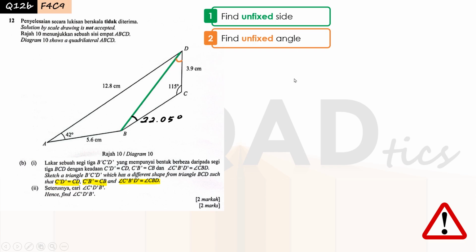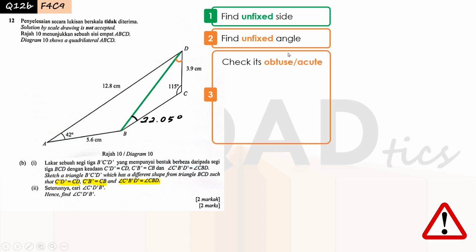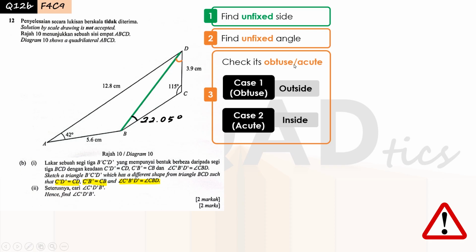And the third step is, from this unfixed angle, we need to check whether it is obtuse or acute, and based on the result here, figure out should we use outside or inside. Okay, so here obviously it is acute because we have already one obtuse angle here. Right, so we are going to look at case number 2, which is we need to draw this triangle